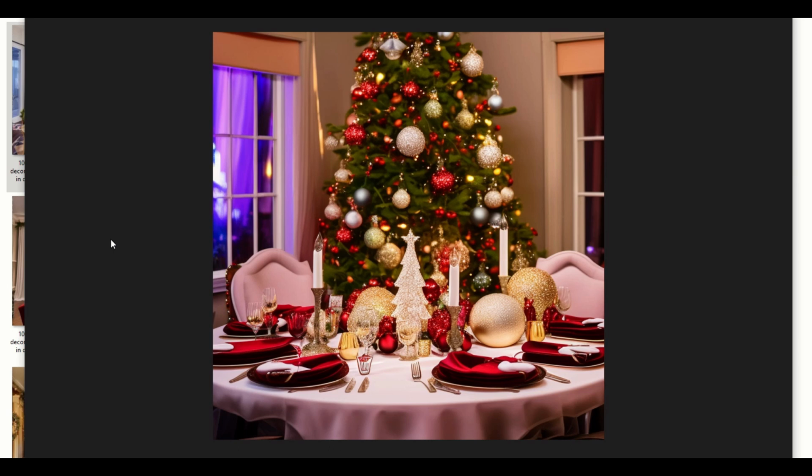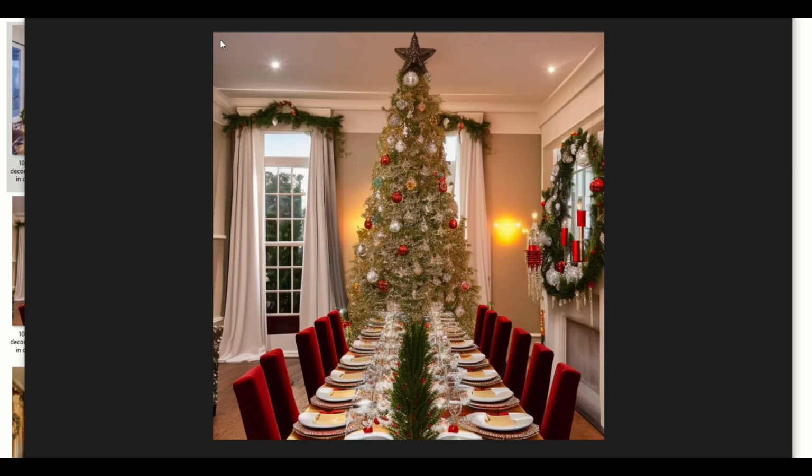Sure, the table isn't perfectly finessed. This is interesting. There's a lot of room to be desired here, but keeping in mind what we saw in the fall for the fall wedding designs, these chairs actually look a lot better than what we saw in the fall. And I don't know what the sun is doing over here, but I do like that it put little extra details in that I didn't specifically request,